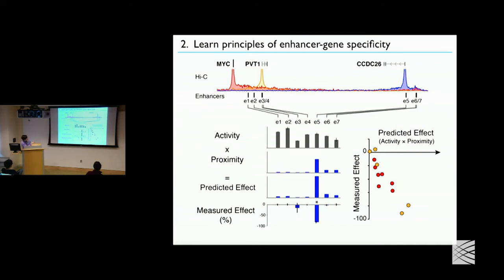Again, the E5 here happens to land in this really strong region, leads to a strong predicted effect, which corresponds with the measured effect. And so that is actually starting to look pretty nice.